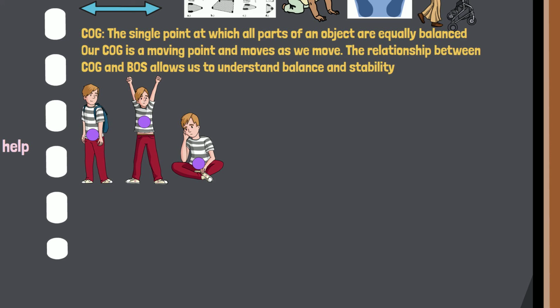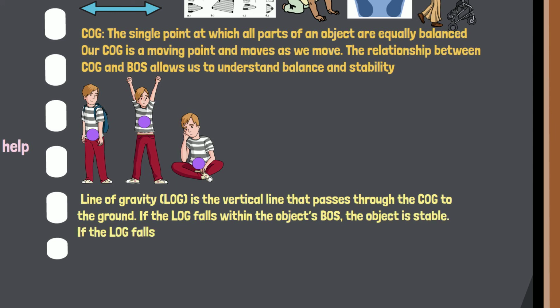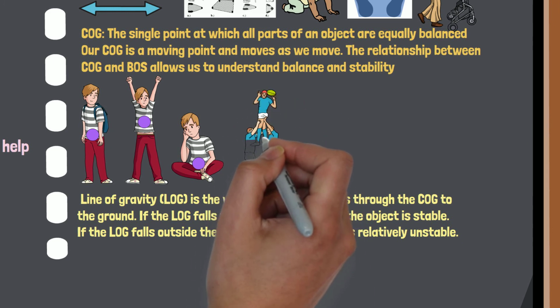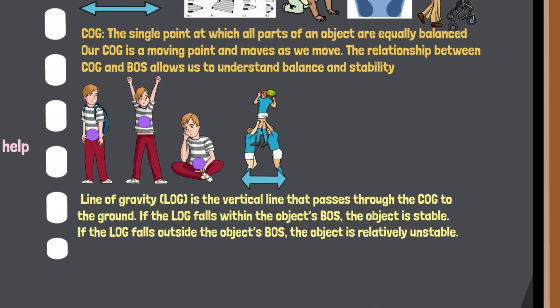But moving on, line of gravity is another important concept. Line of gravity is the vertical line that passes through the center of gravity to the ground. If the line of gravity falls within the object's base of support, the object is stable. If the line of gravity falls outside the object's base of support, the object is relatively unstable. You can see this here in this first image. With these rugby players, they're creating a pyramid, so they're widening their base of support, and the person in the middle has a very high center of gravity, but the line of gravity is within the base of support,